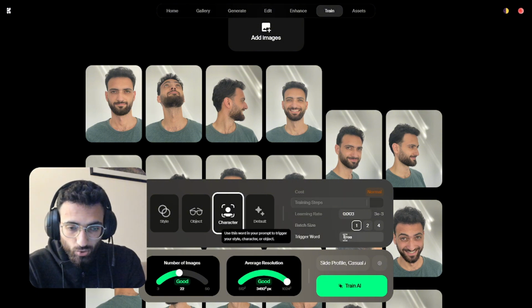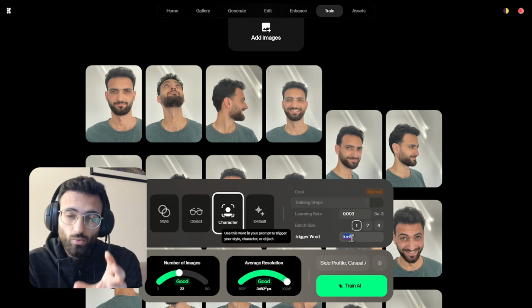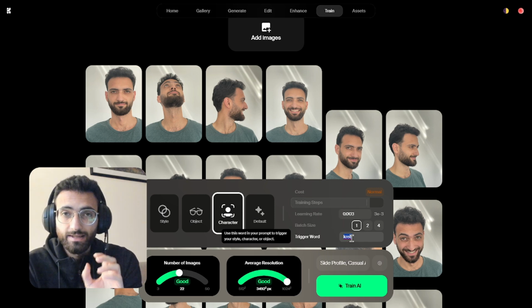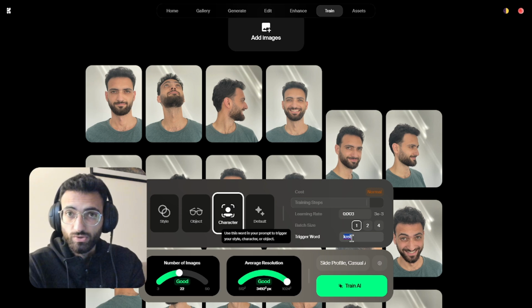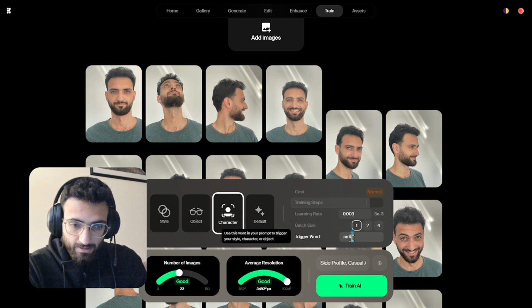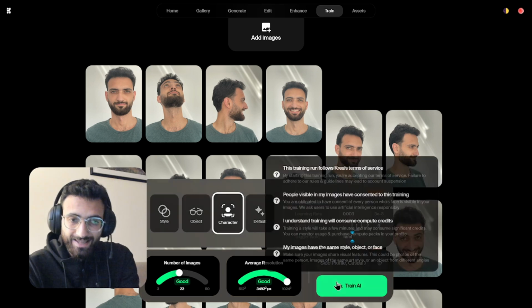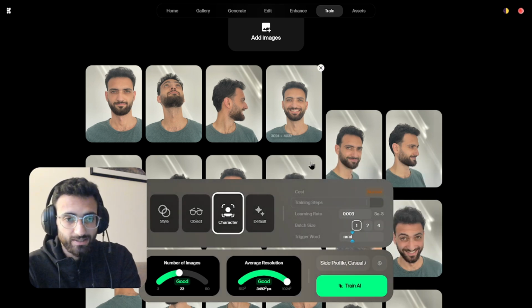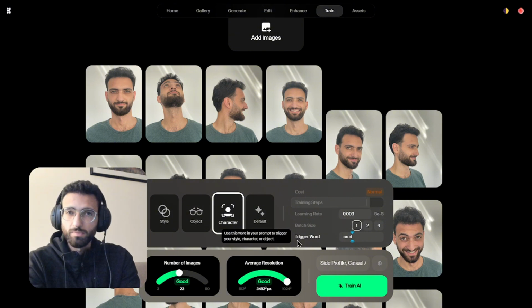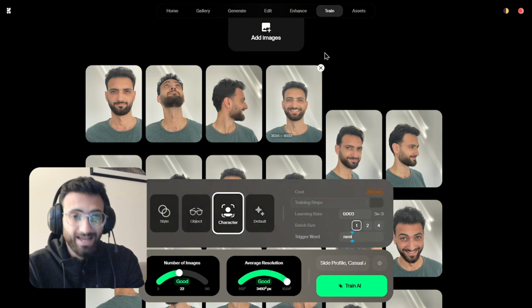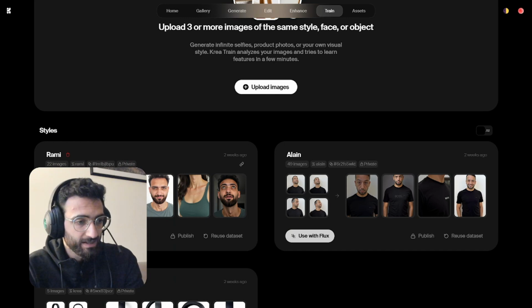Okay? And make sure you choose a trigger word, and this trigger word you will be using in the prompt once you start using this model. So in this case, it's gonna be, let's say, Rami. Okay, and then we go and train the AI. I'm not gonna do it right now because I've already done this. You'll have to wait a few minutes until the training is done, and once that is done, you'll end up with something like this. You will have this model over here,